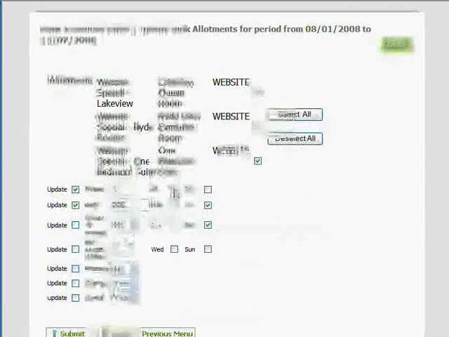So I want to change the number of rooms to 3, change the rate to 200, but maybe only on weekends, only on Friday and Saturday night. So I can select all